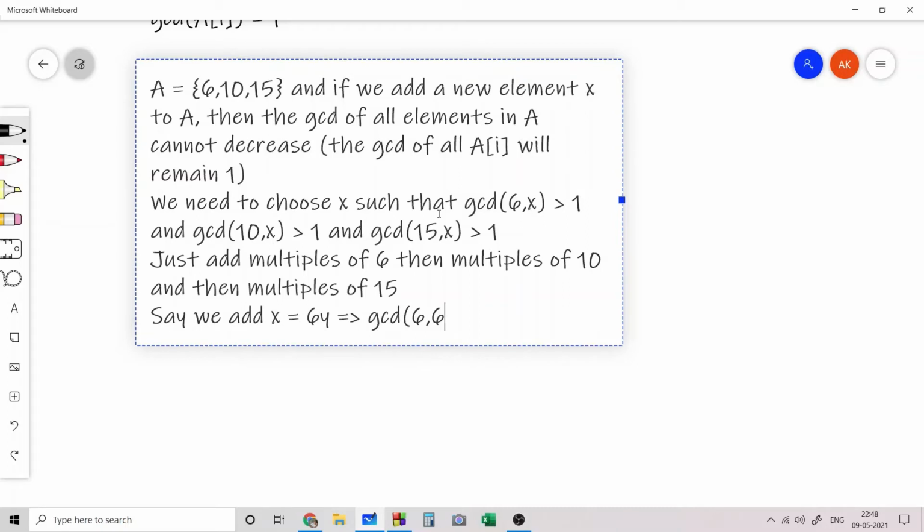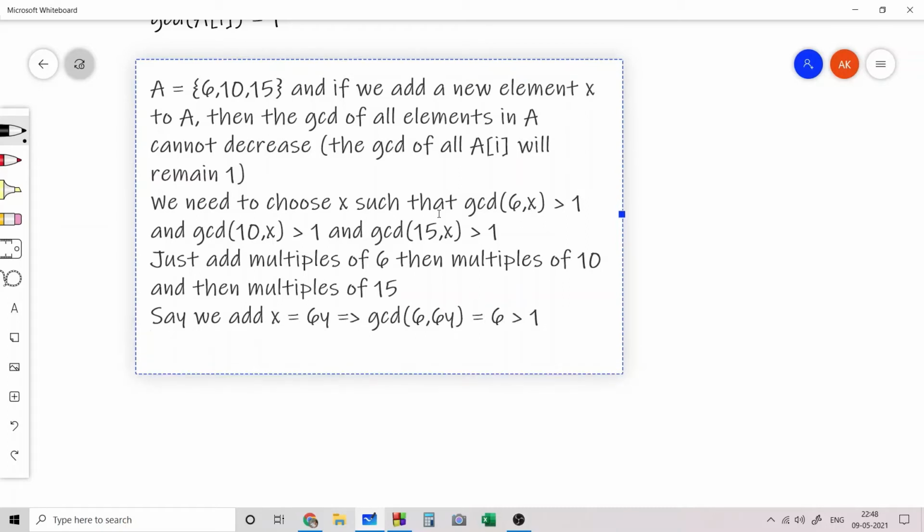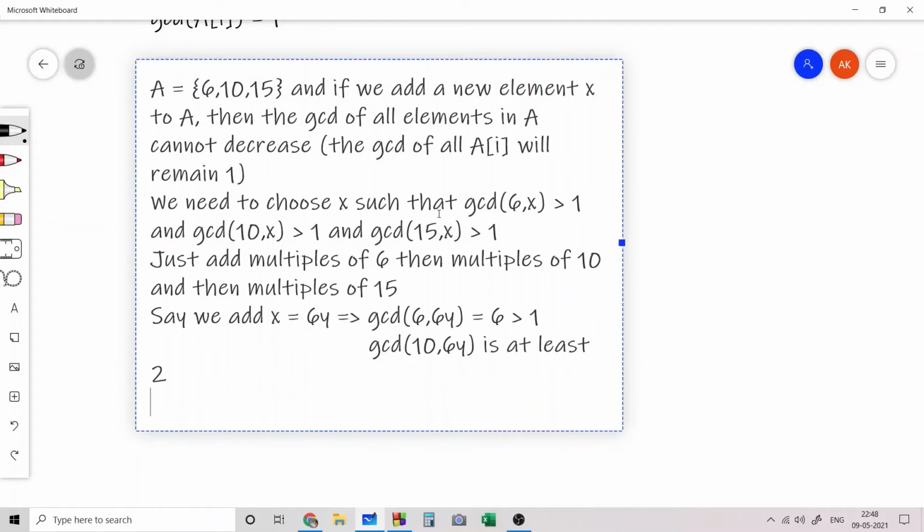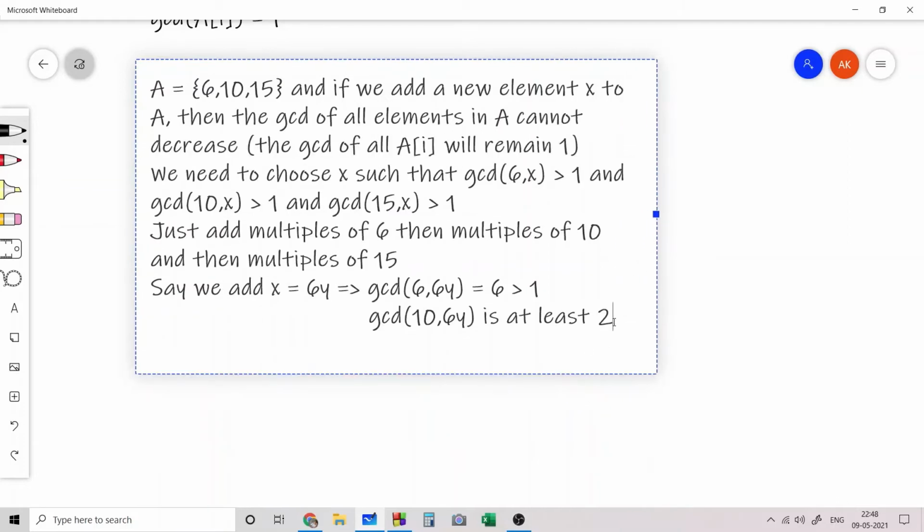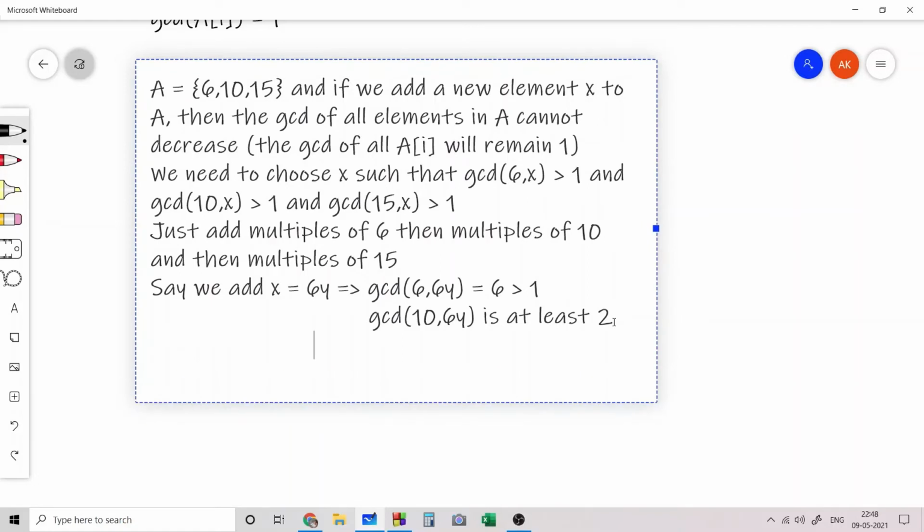Then the GCD of 6 and 6y is 6, which is greater than 1. The GCD of 10 and 6y is at least 2, and similarly the GCD of 15 and 6y is at least 3.